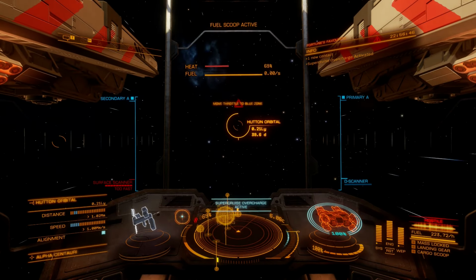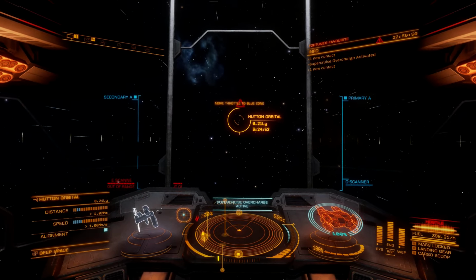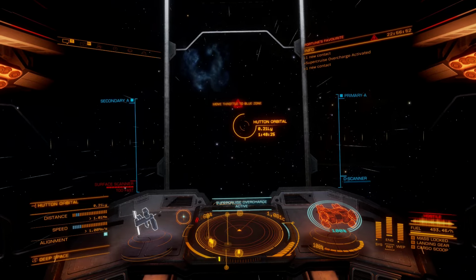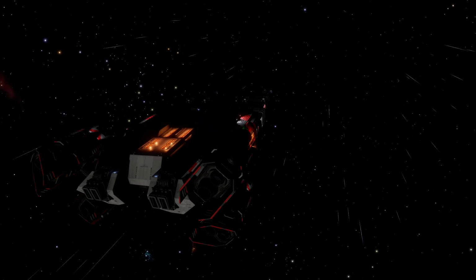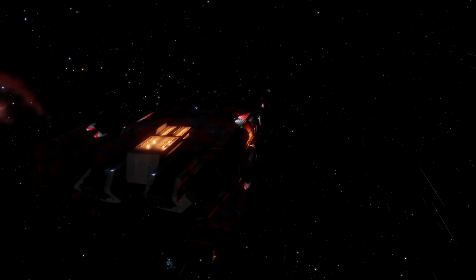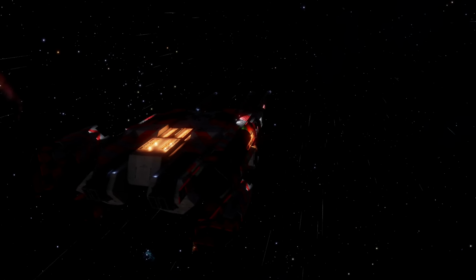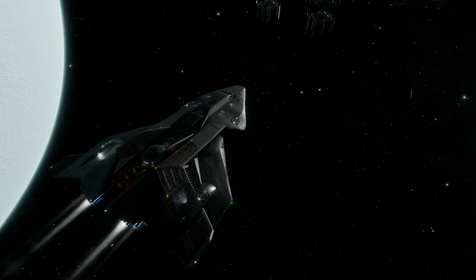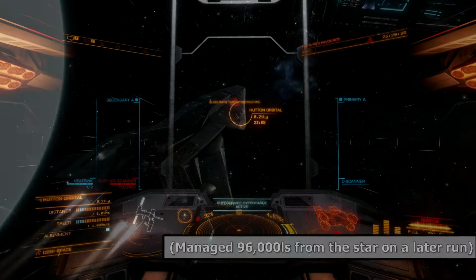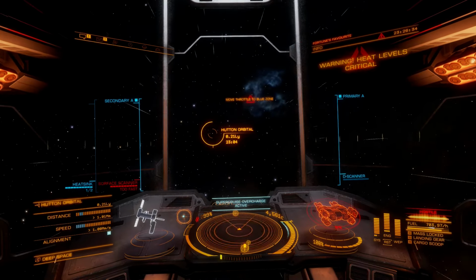And it's gotta be said that on the first leg of the Hutton run I engaged SEO, and like the Python Mark II, the results are looking good. The stability is leaps and bounds above anything else, and whilst it still hammers through fuel like an alcoholic does with booze at a wedding that has a free bar, it seems more frugal than other ships out there, including the Python Mark II. It managed 56,000 light seconds before the temperature hit 100% on the first push,